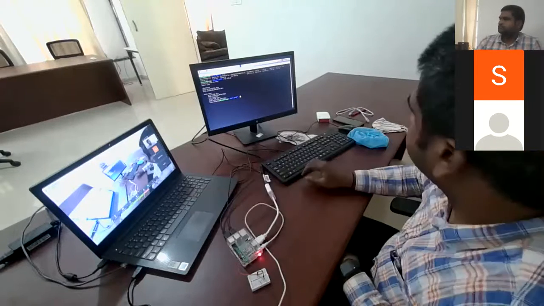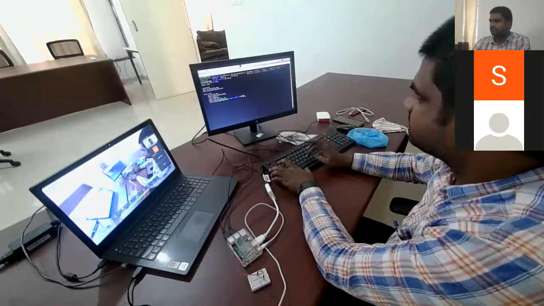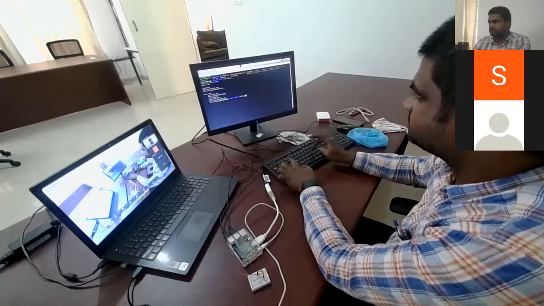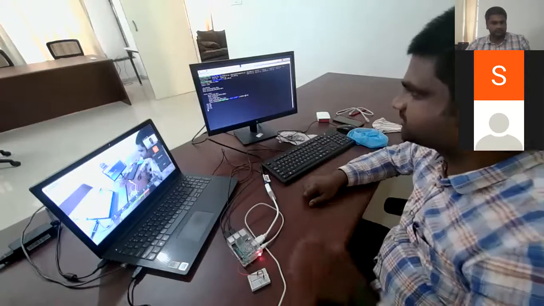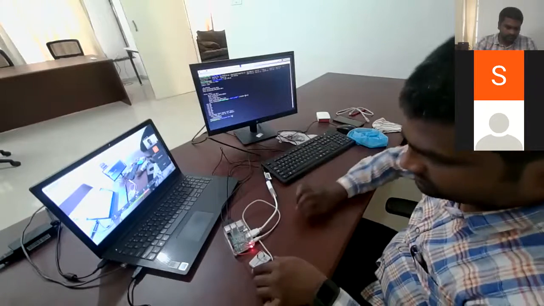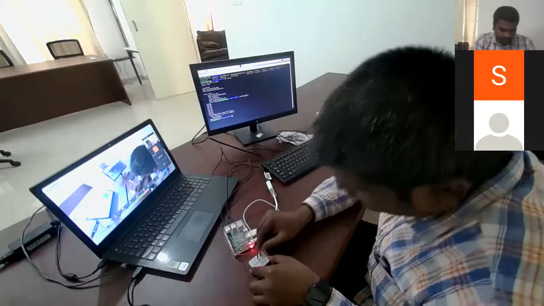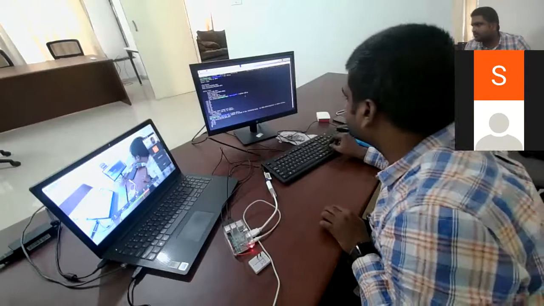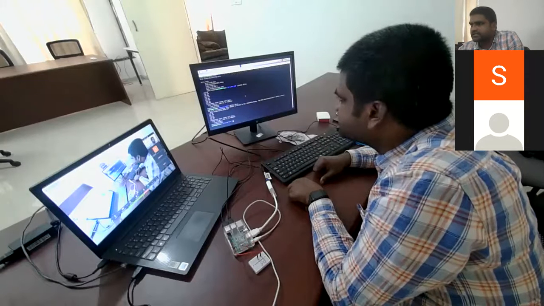So I'm executing this Python. Continue anyway, GPIO pulse.